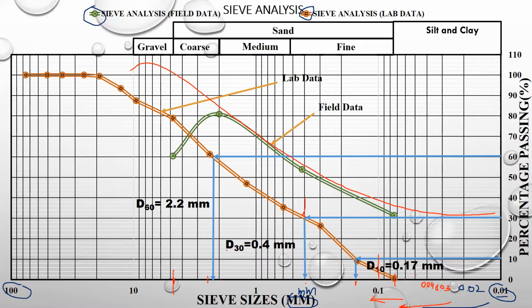So obviously you can read it according to the table you got, and you must read it. You can understand the graph. How can you read this graph? It must be clear to all of you. How can you elaborate this graph? This is all about the elaboration of this graph, so hopefully you will understand it. This is how you can read this sieve analysis graph for soil categorization.